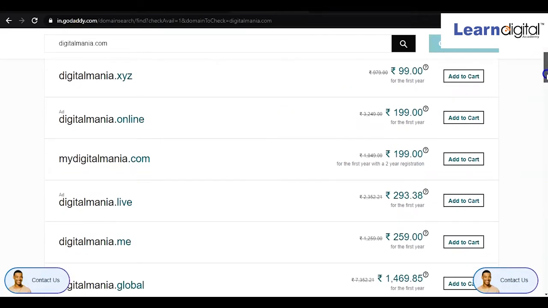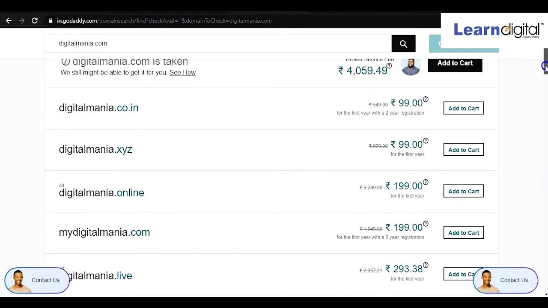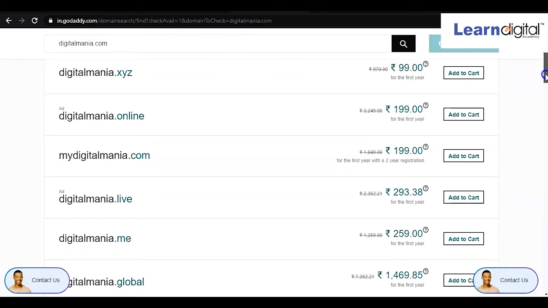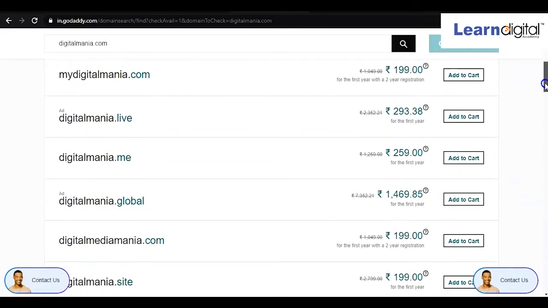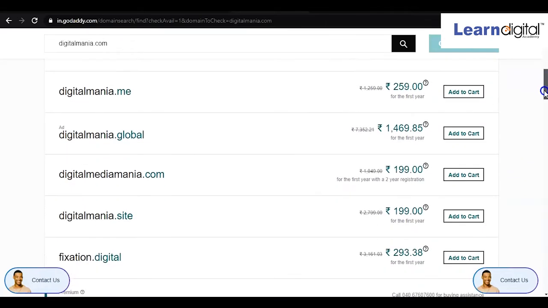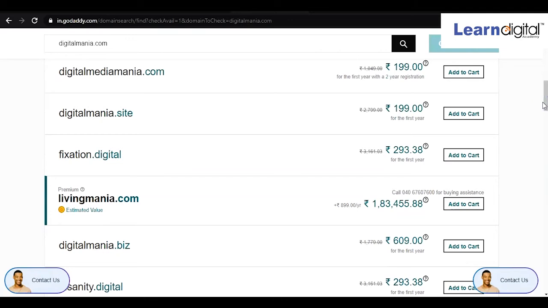Normally a domain starts at a minimum of 100 rupees and it can go into lakhs as well. That means for some domains you have to pay 5 lakh, for some 20 lakh, in fact. If you select a famous name or a short name, certainly for that one you will have to pay a high amount, because those domains come in the premium version.